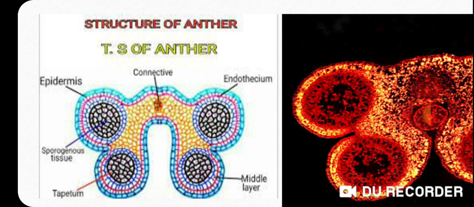Endothelium is the second layer of the anther wall. It is also known as fibrous layer due to the presence of fibrous bands. It is present just below the epidermis. It is formed from the primary parietal cells. It consists of a single layer of radially elongated cells. The endothelial cells show the characteristic fibrous bands of lignin, which arise from the inner tangential walls.